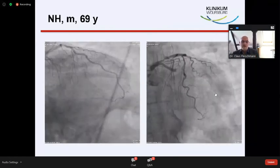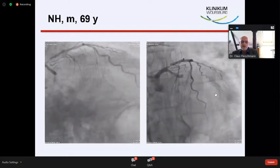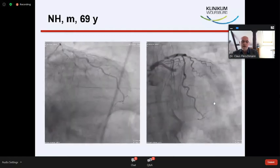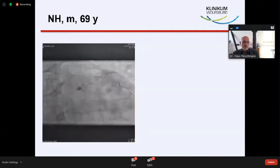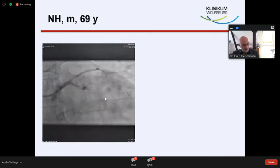We have one occluded artery, but already probably a damage in this area, and another artery which is clearly prognostically relevant and really dangerous. So what shall we do now? We started to put wire in, and this was by chance that the wire ran into the LAD and here in the diagonal branch, but we were happy about this because it gave us more safety for this lesion, and we still have TIMI3 flow in the LAD area, so this is